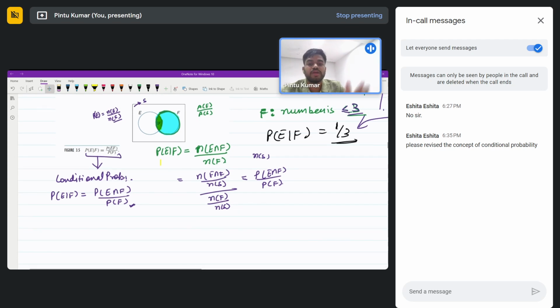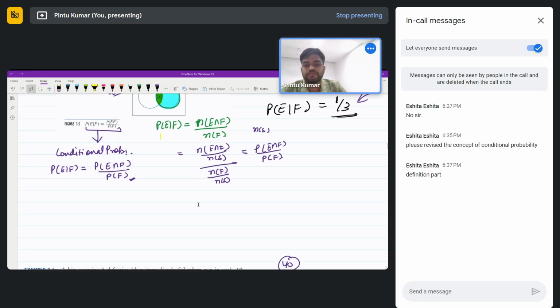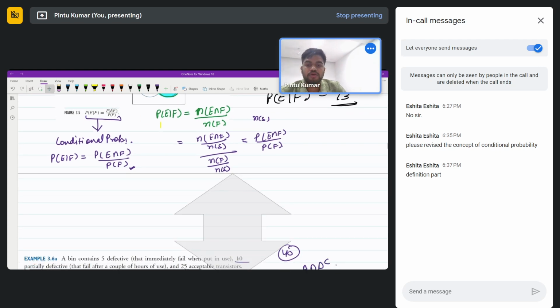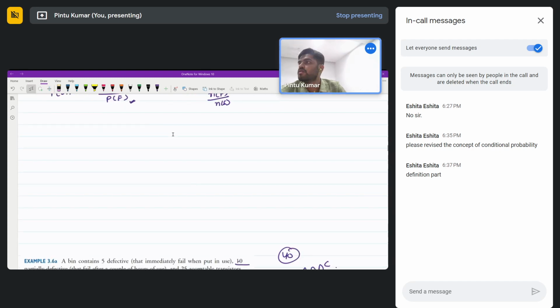If it was not completely clear, then I can revisit it, but if it is some specific portion, please say so. Okay. So, okay, I'll try to do it once more. So,